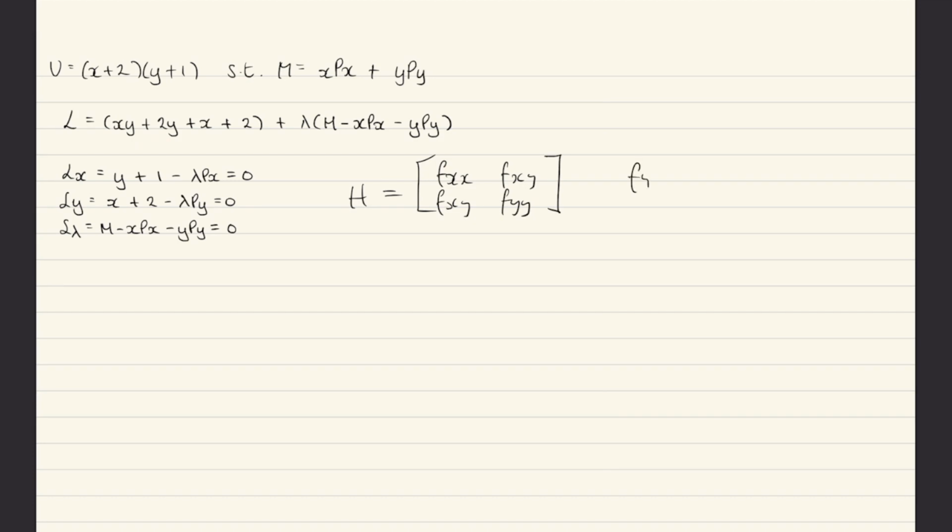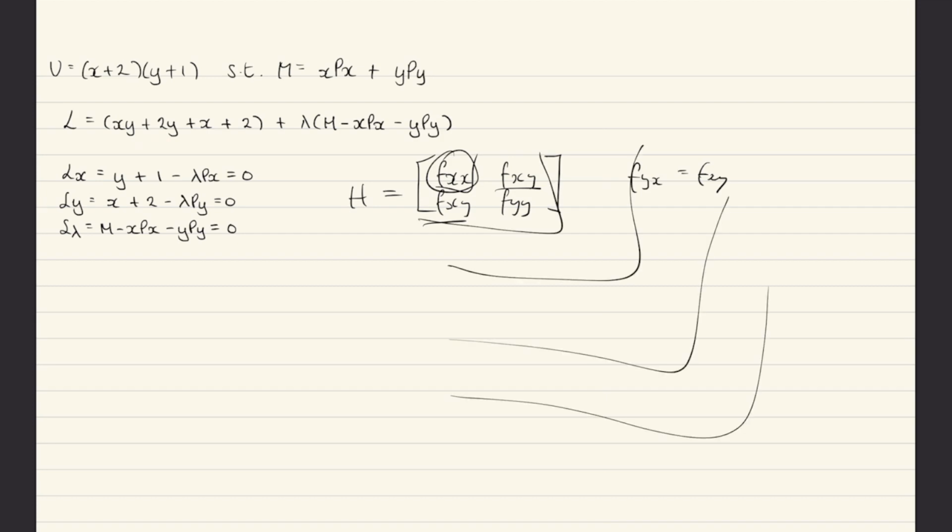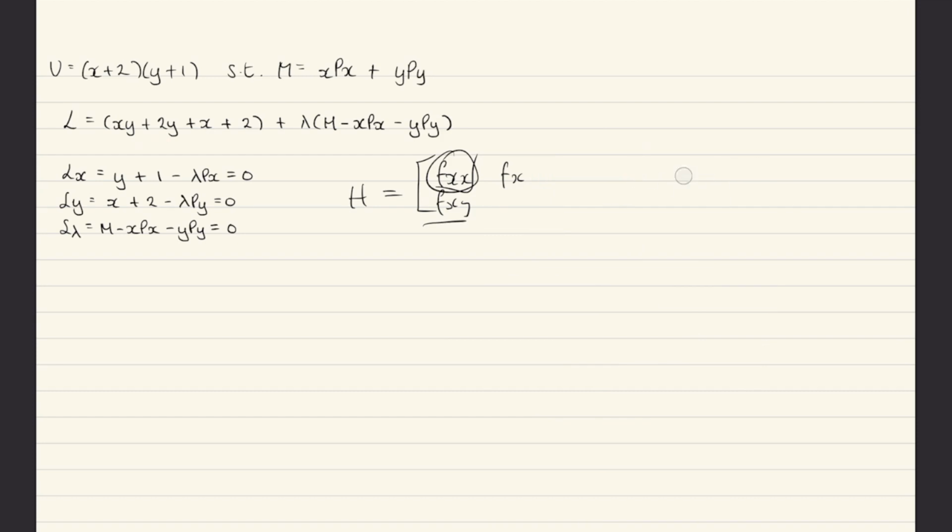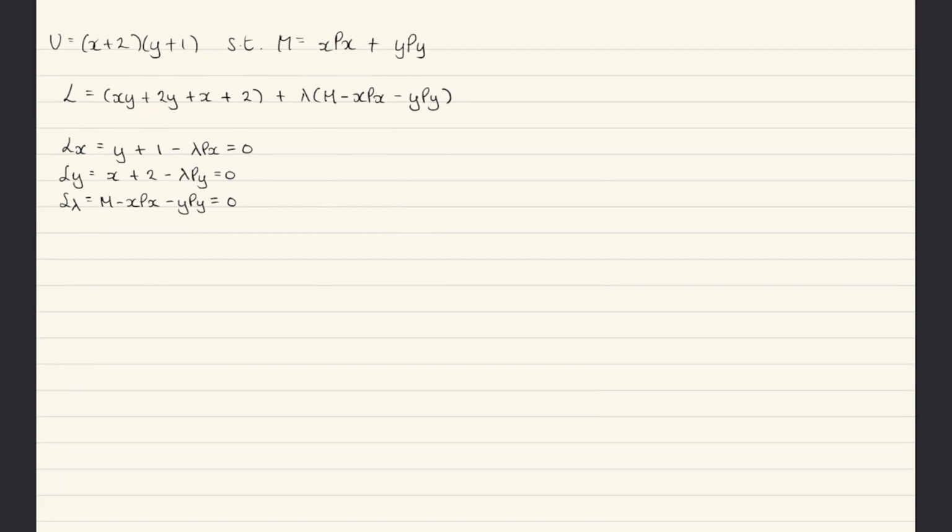And we know that f of yx equals f of xy, which is why these two are the same here. And then you'd find the principal minors, which is basically finding the determinants depending on how many columns and rows you have. But we're going to focus on the bordered Hessian matrix, which is slightly different because you involve the